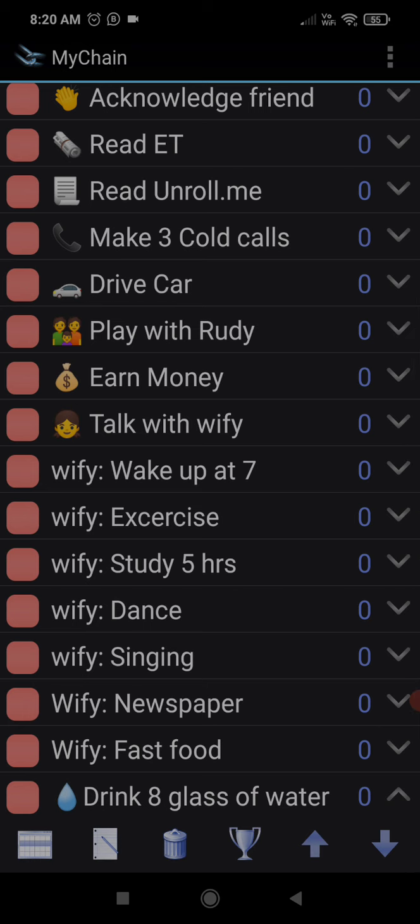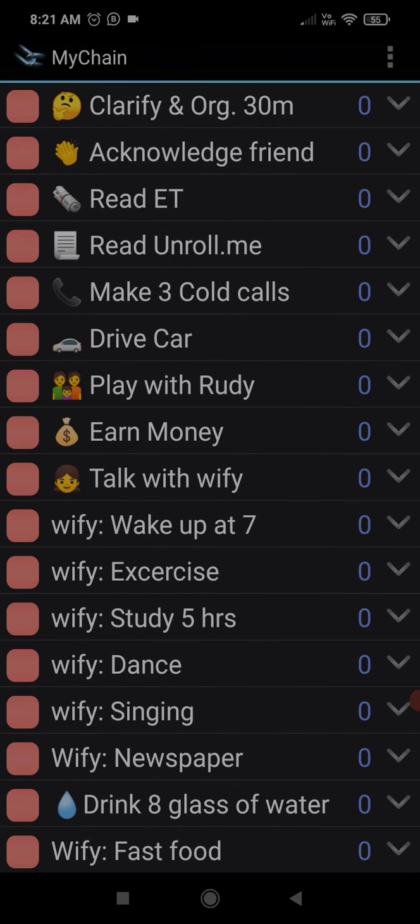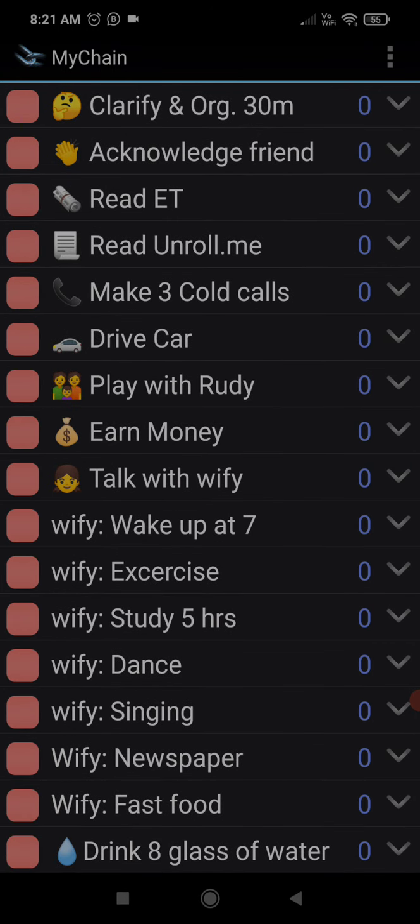You can delete it. You can also add rewards. And you can move it up or down. If you see, I press the up button, so it has gone one step up. I press it down, so it has come one step down.